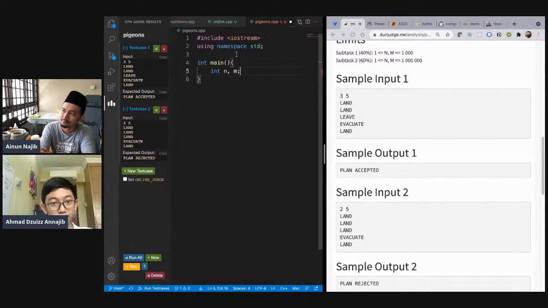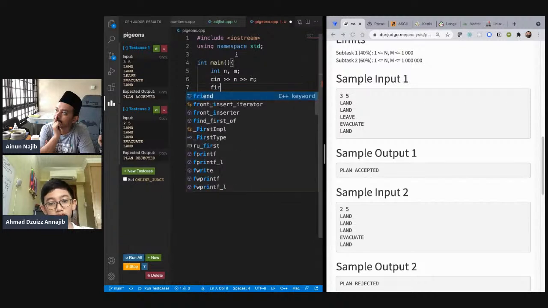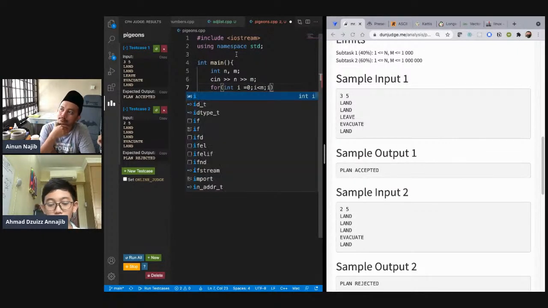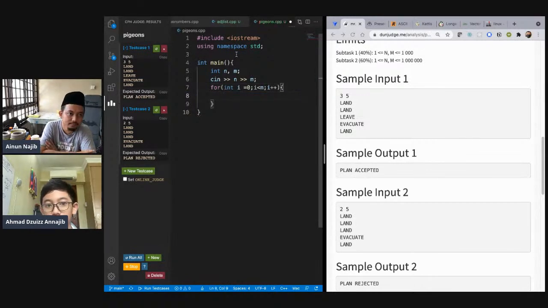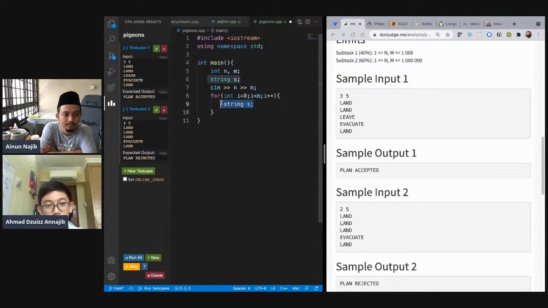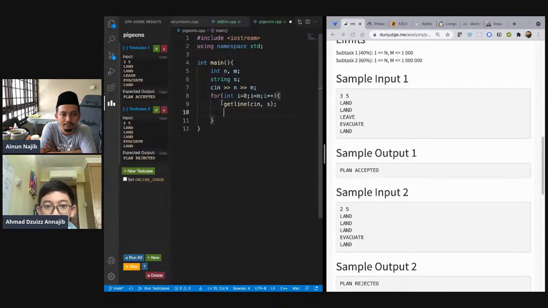int n, m, gin n, m. For int i = 0; i < m; i++, string s. getline in s, and then